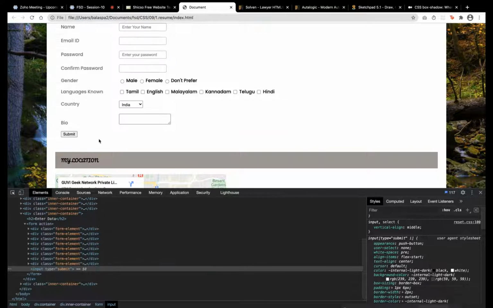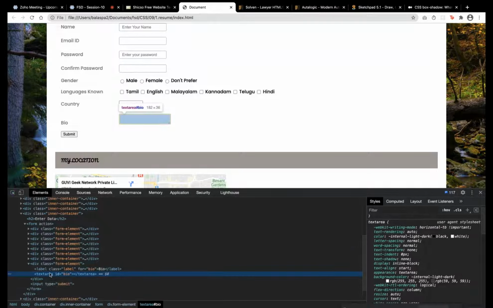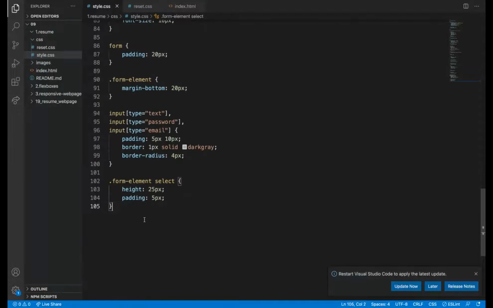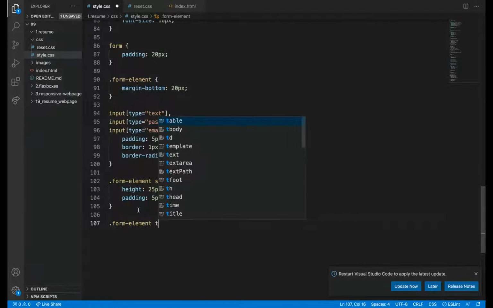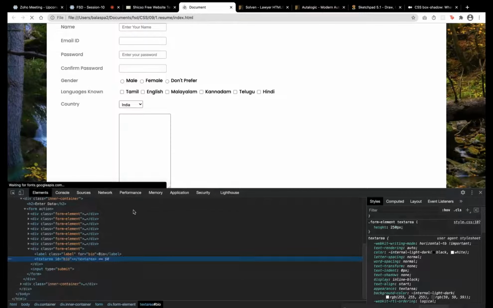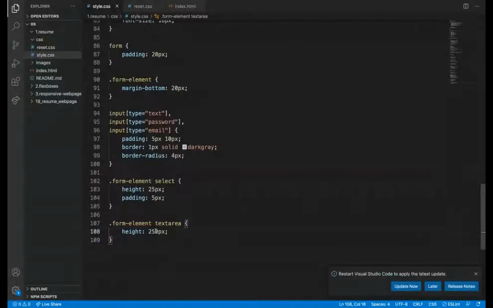And then to the text area I'm going to give form element of text area. I'm going to give some height to it, height of 250 pixel. No, 100 pixel we can keep.